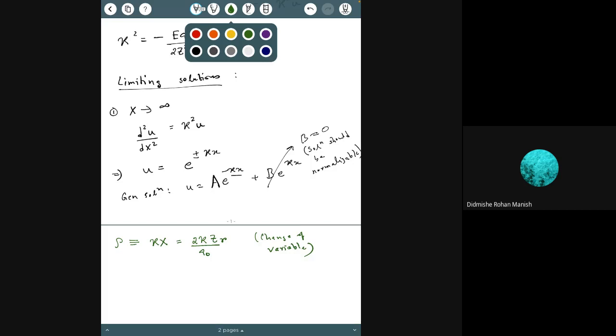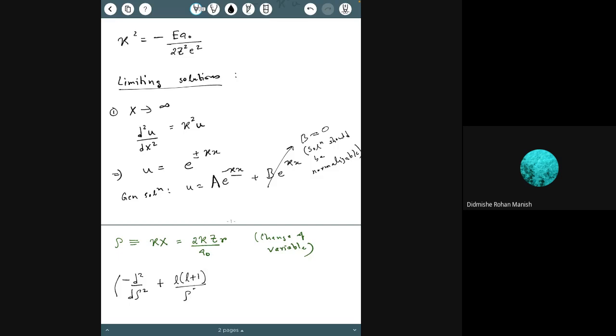And we look at the equation again. So then it becomes minus d squared/d rho squared plus L into L plus 1 by rho squared, u into